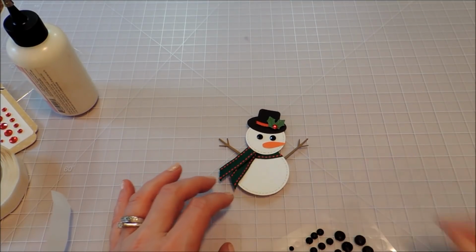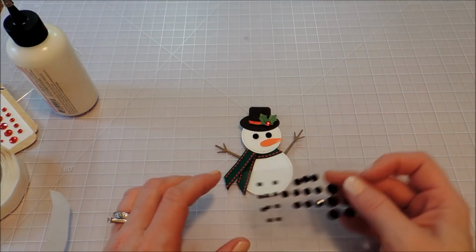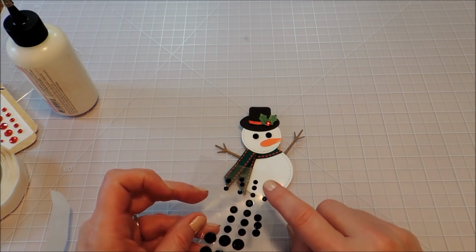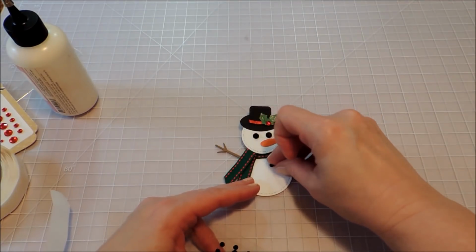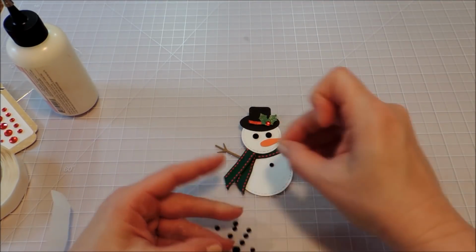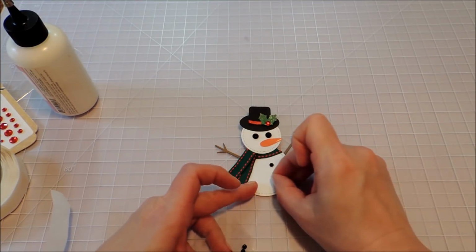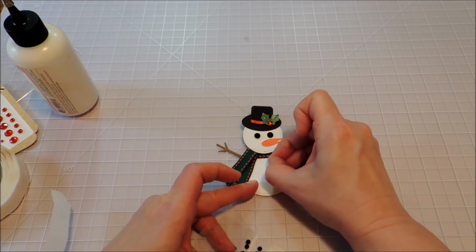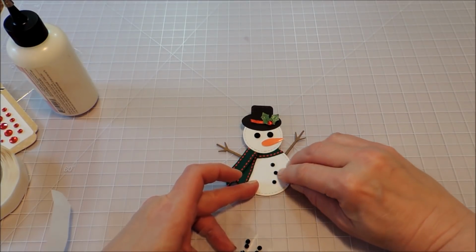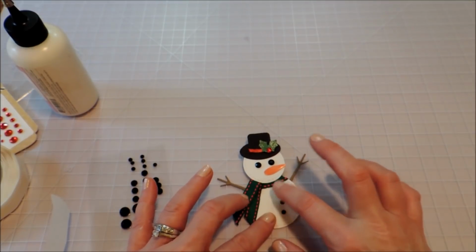Now, I might want to add some buttons. I think I do want to add some buttons. I'm going to use the small rhinestones for little buttons. And I'm going to kind of make them go in a curve so that it curves around like his round belly. And then press those down,